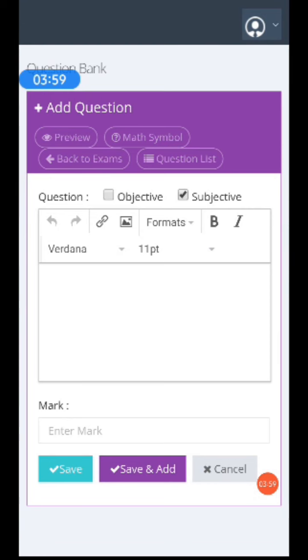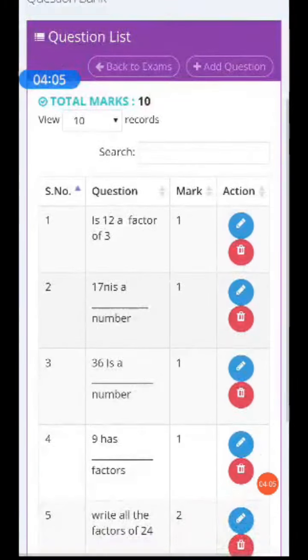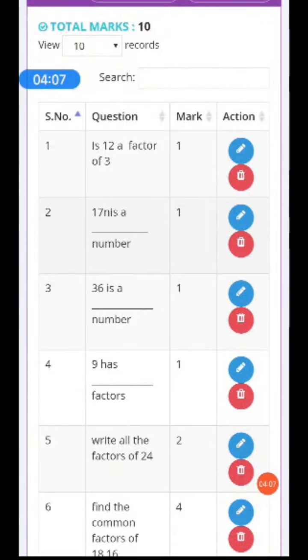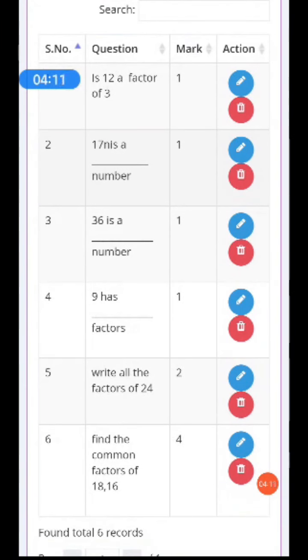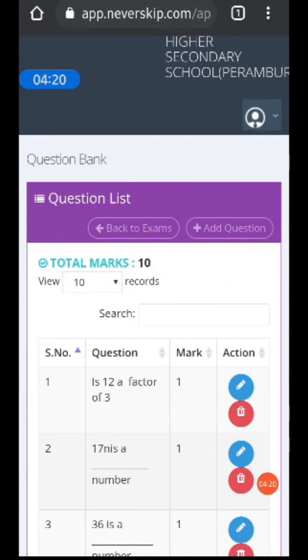So now here I have made my question paper for 10 marks, which contains 4 one-word questions, 1 2-mark question and 1 4-mark question. So my question paper is ready, after which I will schedule my exam. So once the scheduling is done,